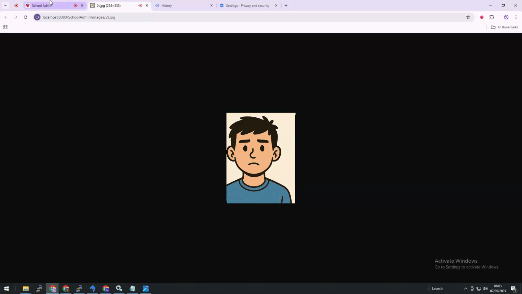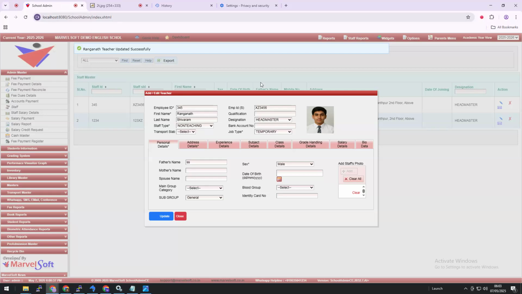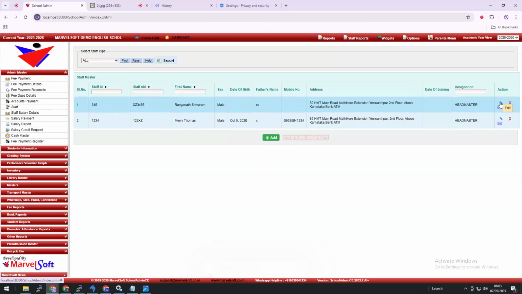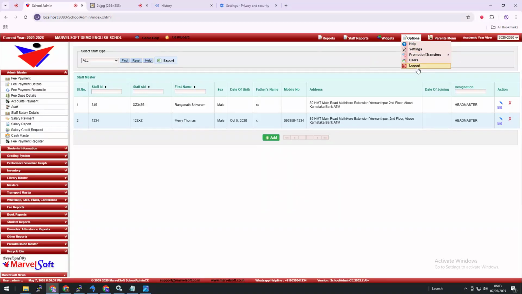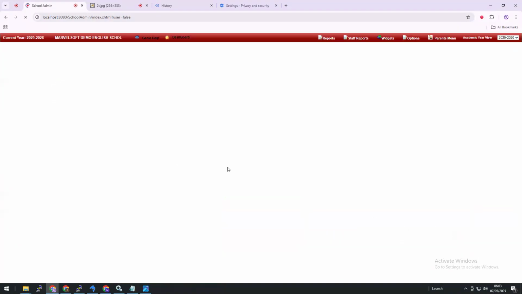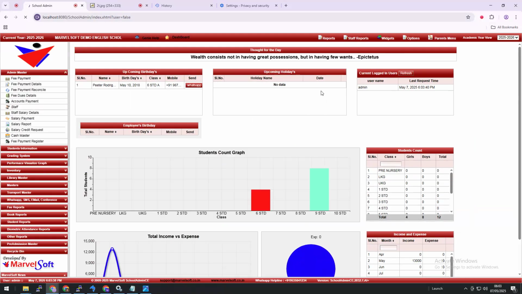So this is the reason why you are not seeing the uploaded photo sometimes in case of staff and then sometimes in case of students. To completely make this work, you can even clear the browser data, history, image history, and then that data gets updated. So let me do that. See, in the staff we don't see that updated comic image which we have put, that photo is not yet visible. Let's check again whether